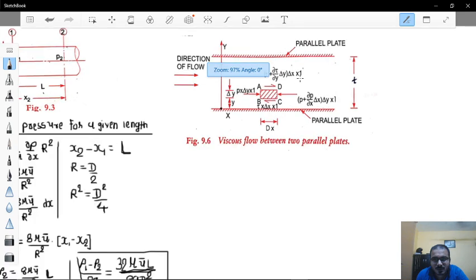I hope this will be just fine. And now let's move forward with our analysis. So here again the resultant force in x direction will be 0 under equilibrium condition. So plus P